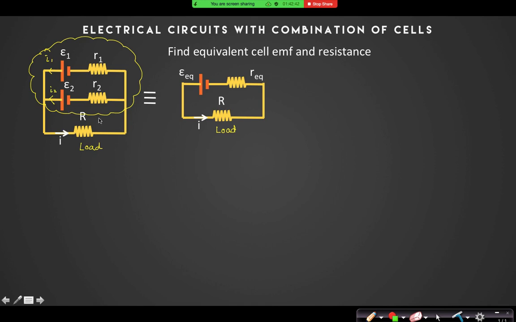So can I find three equations? One for the loop above, one for the loop below, and one current equation: I1 plus I2 equal to I, right? So three unknowns are there, I1, I2 and I. You can solve for the three unknowns and find the value of current I. Whatever process you apply, nodal analysis, KVL, KCL, just tell me what is the value of current in terms of E1, E2, R1, R2 and R. I will explain what I will write, right? I will explain it. But first let me write that.